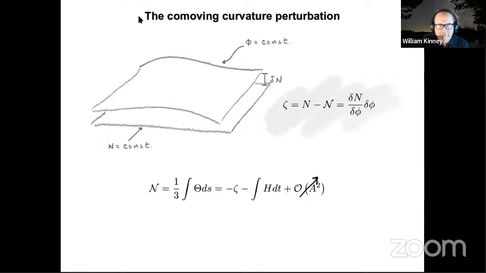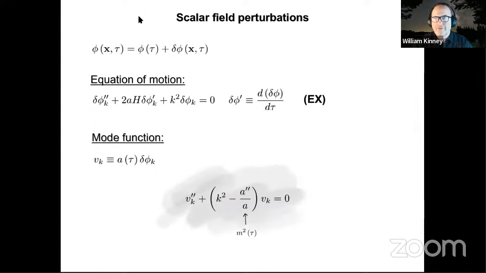This is the idea. So let's look at free field perturbations in a de Sitter background, or an approximately de Sitter background. Now, I know how to calculate zeta if I know delta phi on flat hypersurfaces. That's the delta N formalism. The next thing we have to do is calculate delta phi on flat hypersurfaces. We have to calculate the amplitude of these quantum fluctuations.